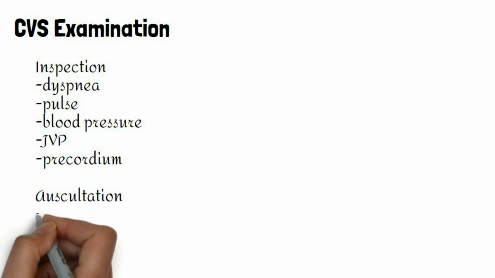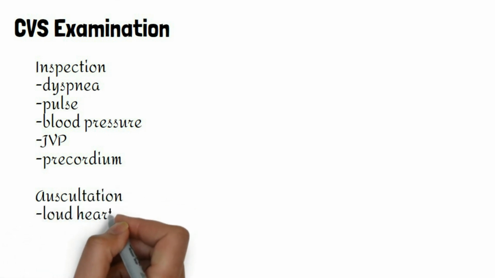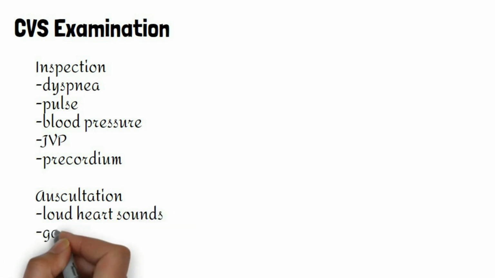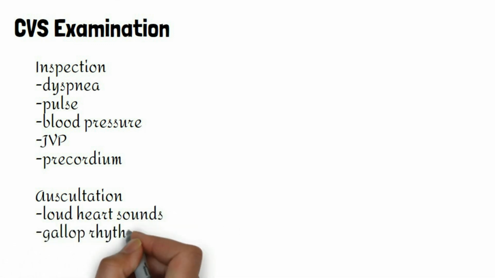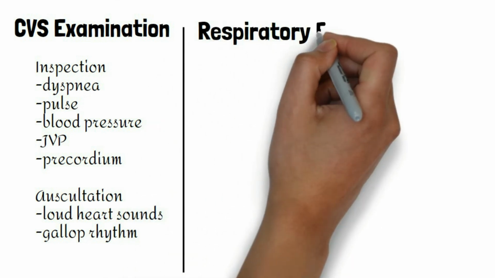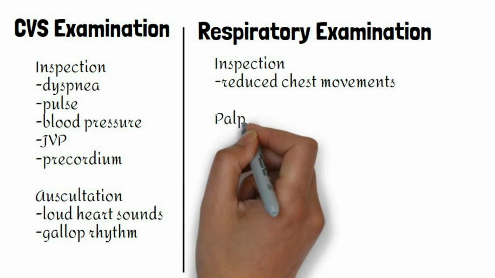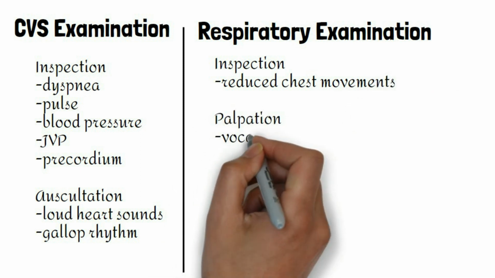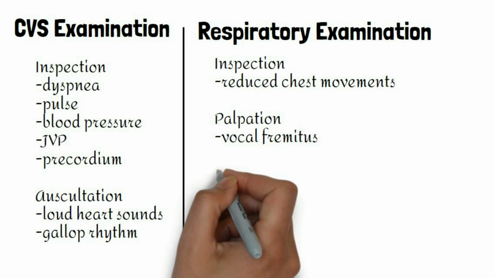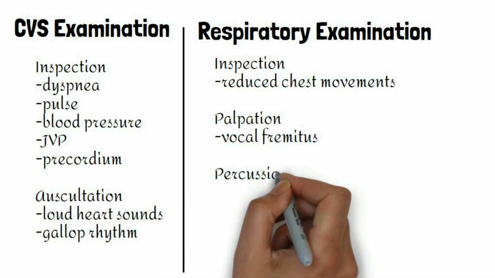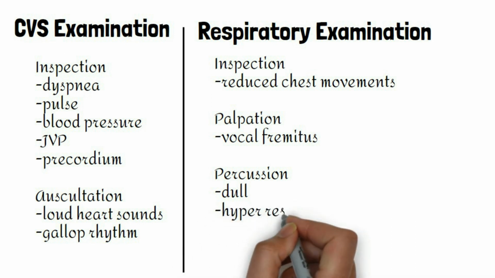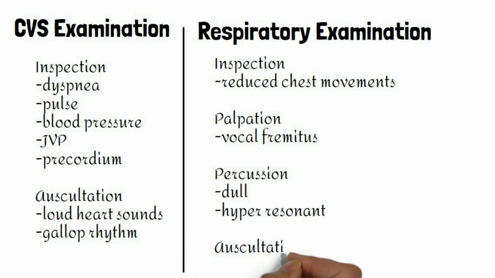Auscultation, loud first heart sound in mitral stenosis or tachycardia. Loud second heart sound in pulmonary hypertension. Gallop rhythm. Respiratory examination. Inspection, reduced chest movements. Palpation, vocal fremitus reduced in pneumothorax, increased due to consolidation in pneumonia. Percussion, dull in consolidation, hyperresonant in pneumothorax. Auscultation, coarse crepitations in pneumonia, bilateral fine end-inspiratory crepitations all over the lung in pulmonary edema, if resolving it's